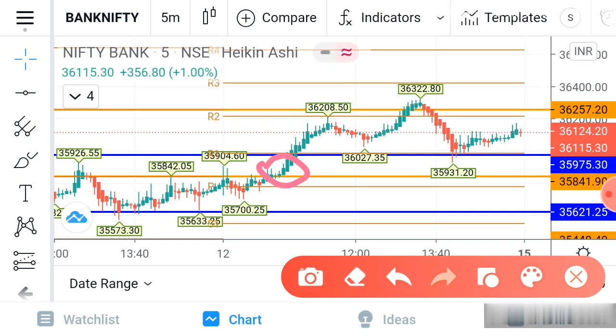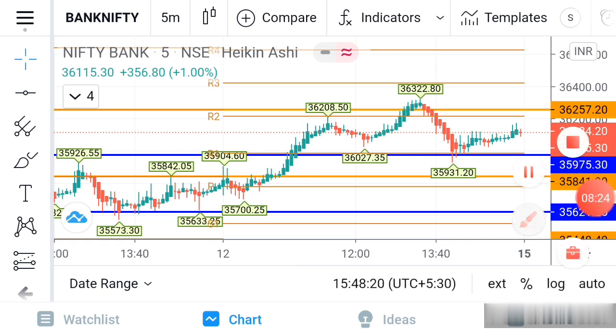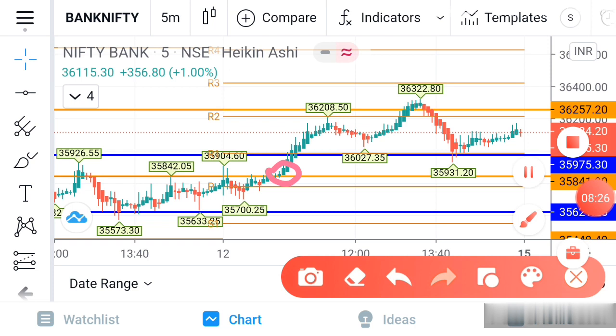Like this the candle has to form, and once this candle is closed, immediately you can take an entry. Your target will be, for example, if you take an entry here, this is a proper candle and this is the area where you will get the target. You can see almost more than 100 points of movement happening there, from here to here. So you will get 100 to 150 points of profit from there. So this is very important.